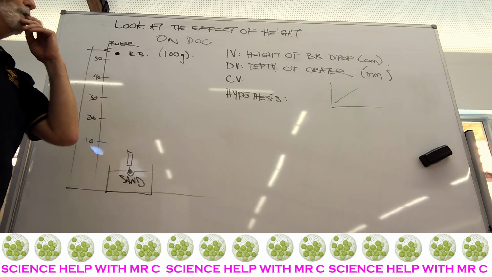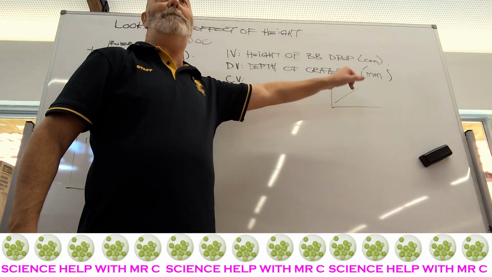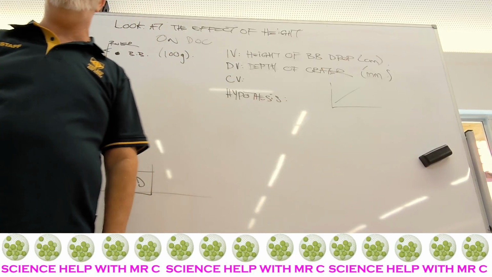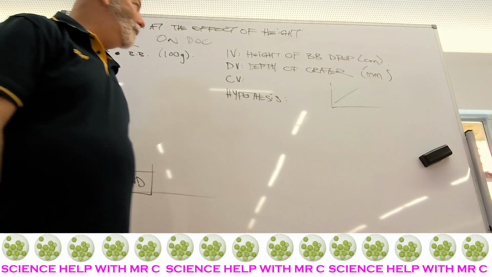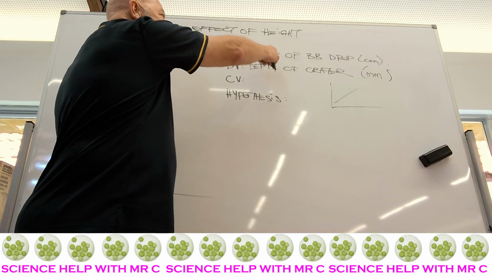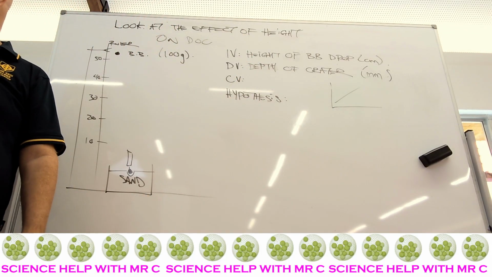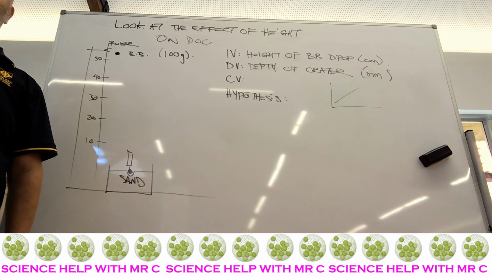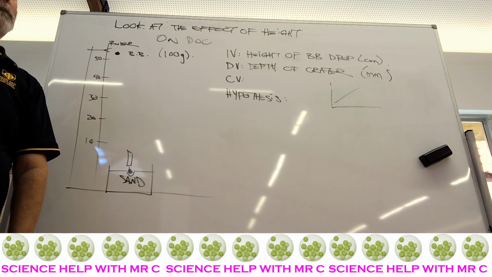Okay? So proportional means as one goes up, the other goes up. As the independent variable goes up, the dependent variable goes up, and the word we use there is proportional. All right, so the hypothesis is, as the height of the ball bearing drop increases, the depth of the crater increases. Okay? We have to explain our